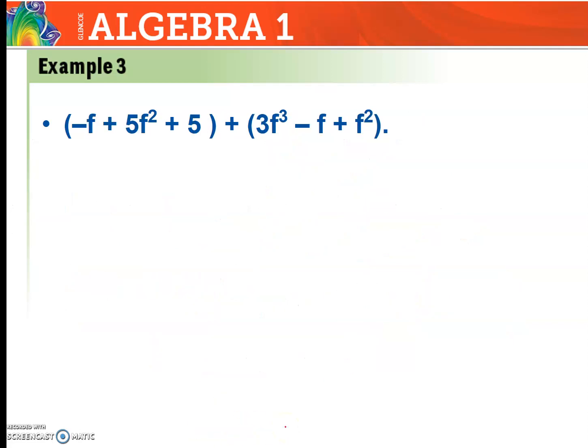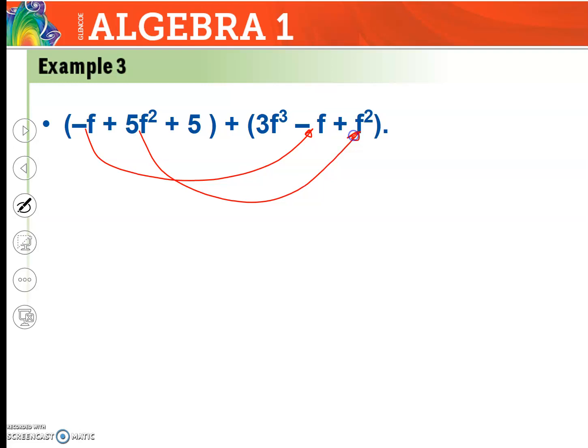Now our last question, we have negative f, and we have also negative f on the other side. So it means that we can add that. The second one, 5f to the power of 2. Yes, we also have another to the power of 2. So this can also be added to that. And a constant of 5, there isn't any constant, but there is 3f cubed. So in that case, we leave them. So in solving, we write the highest degree first, which is 3f exponent 3,